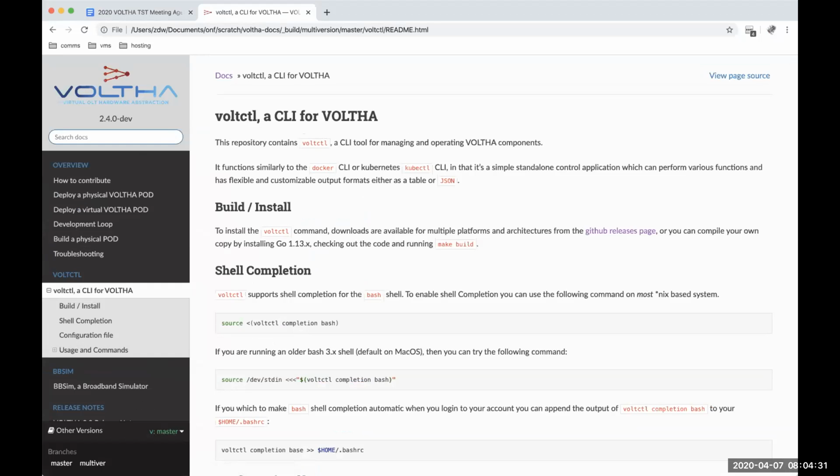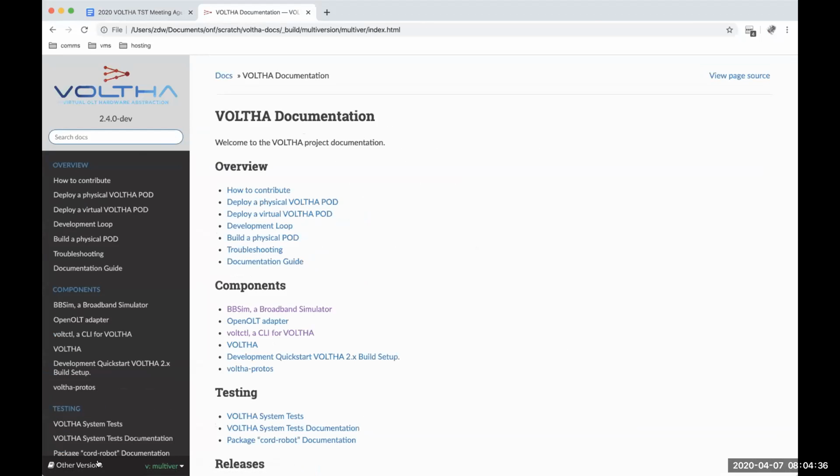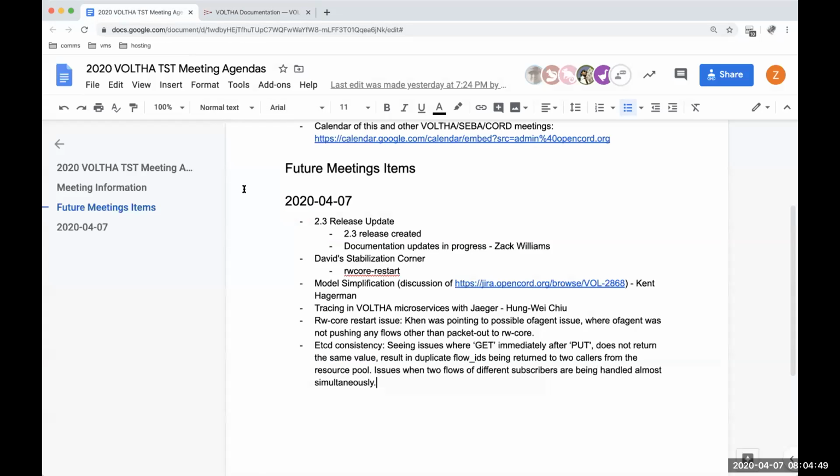Right now, this is also being versioned, so this would be the branch of the actual version that gets released, the VOLTHA 2.3 branch. So I've been making patches towards that. I'll probably be requesting help from people who have more knowledge on specific areas to improve mainly the README files in each repo. Does anyone else have anything to say about the release?